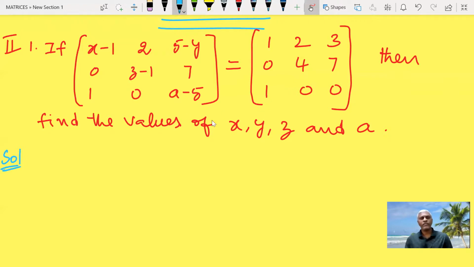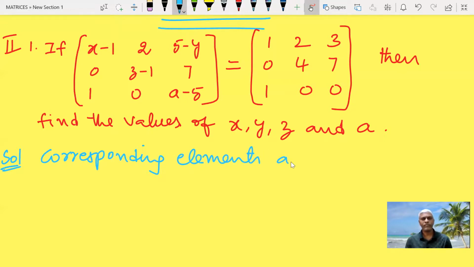If two matrices are equal, then their corresponding elements should be equal. Equating the corresponding elements, we get